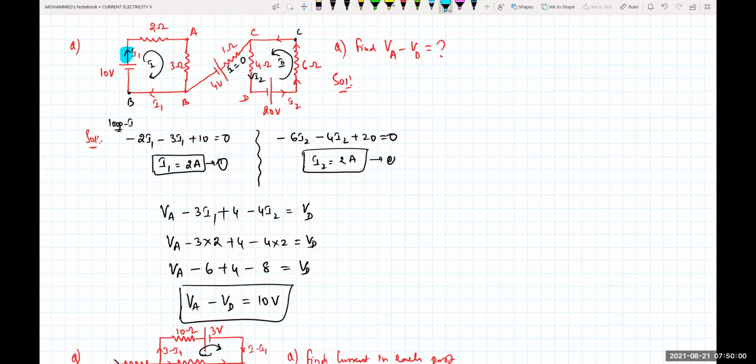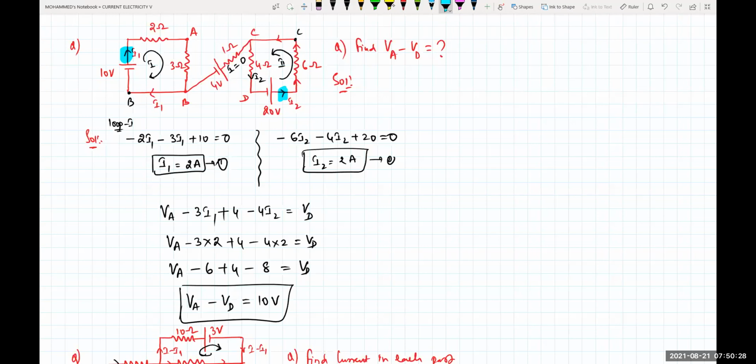Even here also, 20 volt, whatever the current is starting from this I2, this whole I2 will go to the 6 ohm. The C and the C are same potential. Then at point D, it is very easy to fall down compared to taking the slope. So from C, the current will directly come back to the 20 volt only, because current will always try to take the shortest path. Make sure of that one. Whenever you see the circuit, current will always try to take the shortest path, and wherever it has been starting, that current will come back again to the same position.